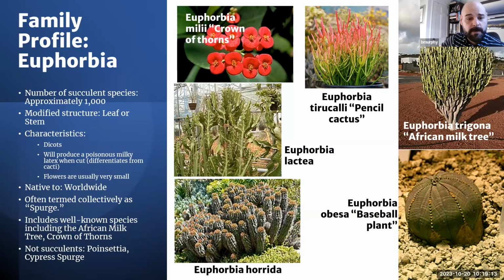The flowers on Euphorbia generally are tiny. Those crown of thorns flowers that you see at the top, those are some of the biggest flowers you're going to see on a Euphorbia. Some Euphorbia flowers are also very stinky. Just watch out when you're selecting your plant that you're not going to be bringing a corpse flower into your home. The family of Euphorbia is collectively termed as the spurge family and also includes other non-succulent plant species, including